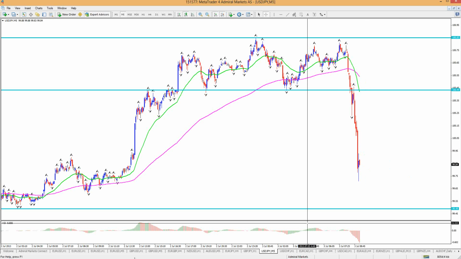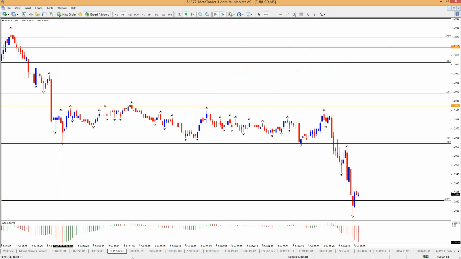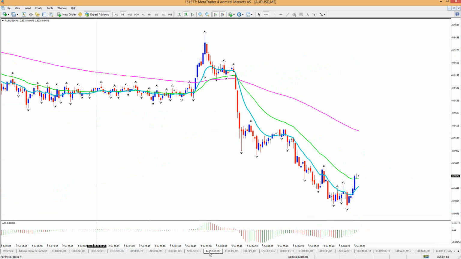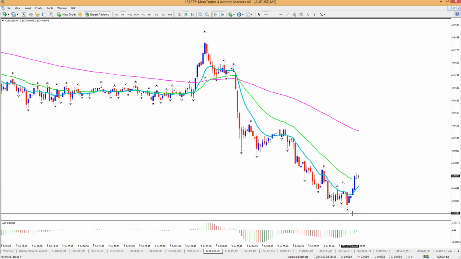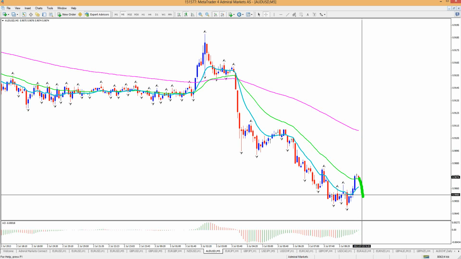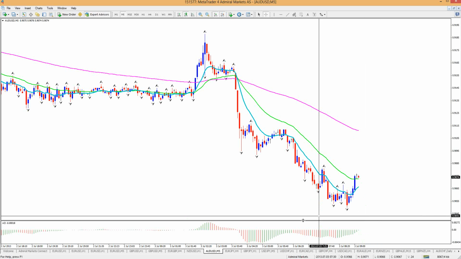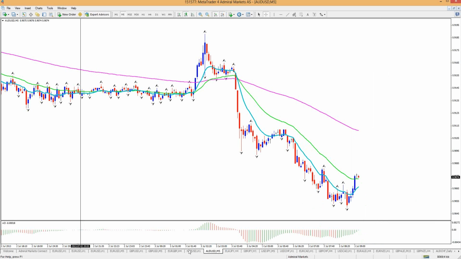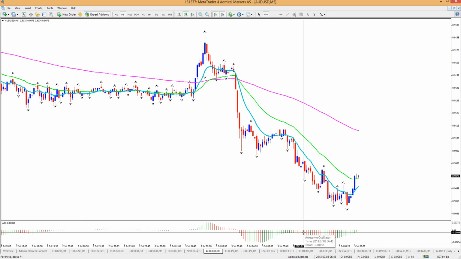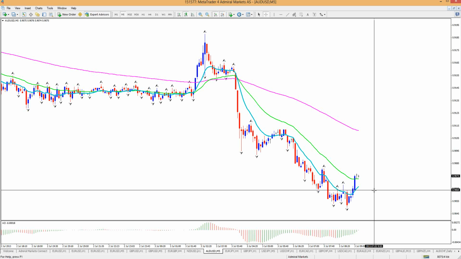All right. Euro dollar is getting a bounce. How about the Aussie? Aussie looks like it's getting the bounce, to be honest. This is the 2, 4, 6th candle. If it makes a dip here, Mark, I would take it off personally. That would be me. Yeah, I would think that would be a good take profit, to be honest.